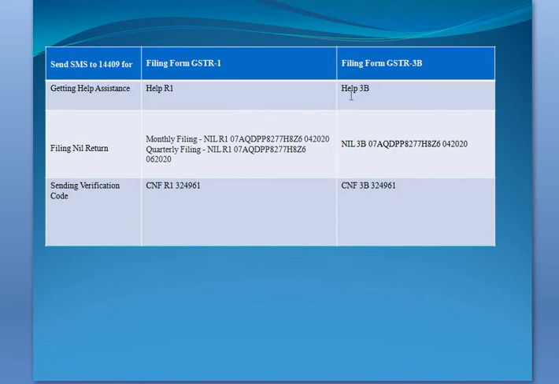And if you type help 3B and send to 14409, you will get a message on how to file the return 3B. Then the same process applies for filing GSTR1 and GSTR3B, you just follow the format of the message to be sent to 14409.